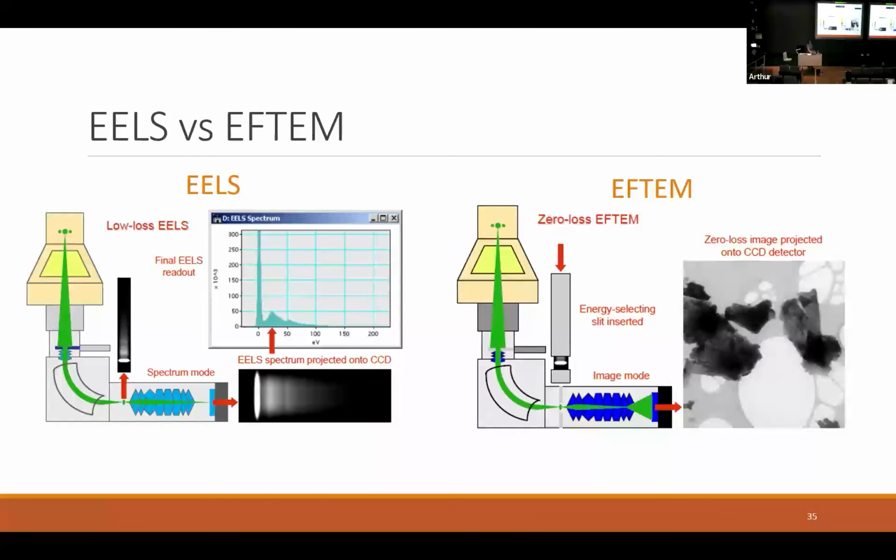And then lastly, I want to talk a little bit about a related technique to EELS, which is called EFTEM. We have this on our Hitachi Megascope. So in EELS, we had an image earlier about the spectrometer. This is the bottom of the TEM. In we come, and then we've got a spectrum here, and then we project that onto the CCD. And so then we've got this thing here, which then if we measure a line along here and measure intensity, we get our EELS spectrum.